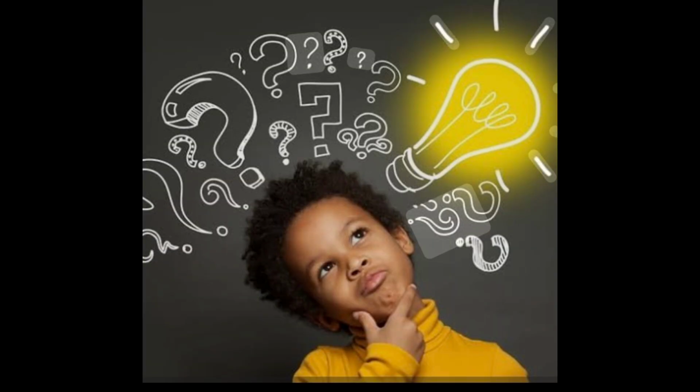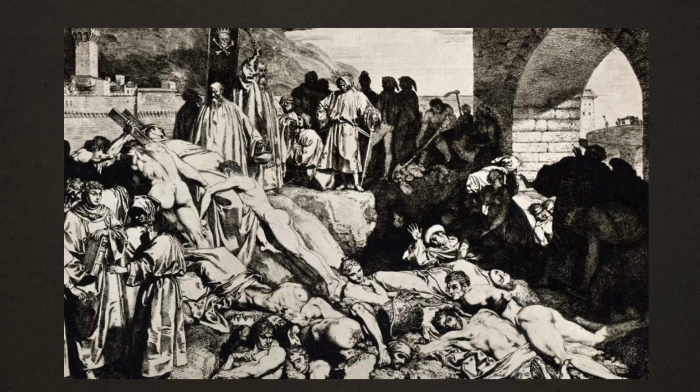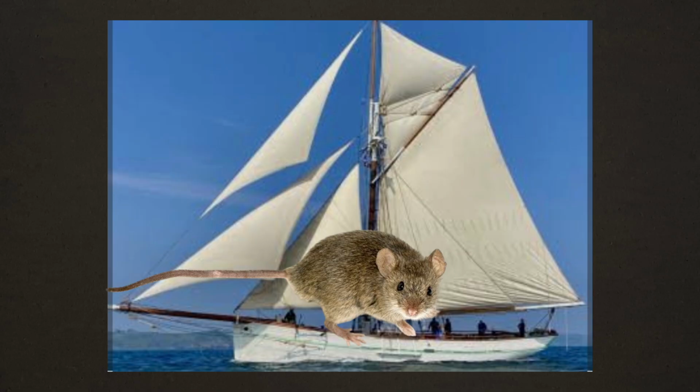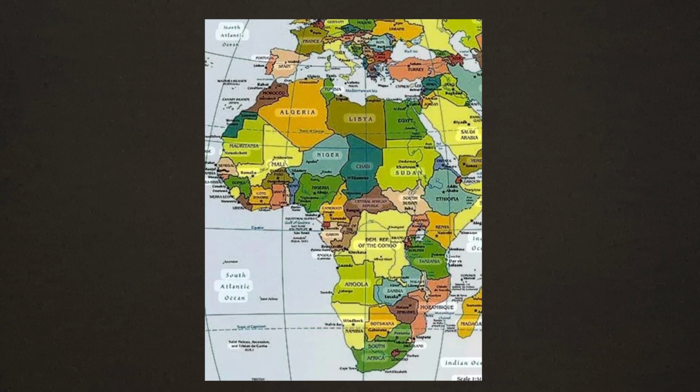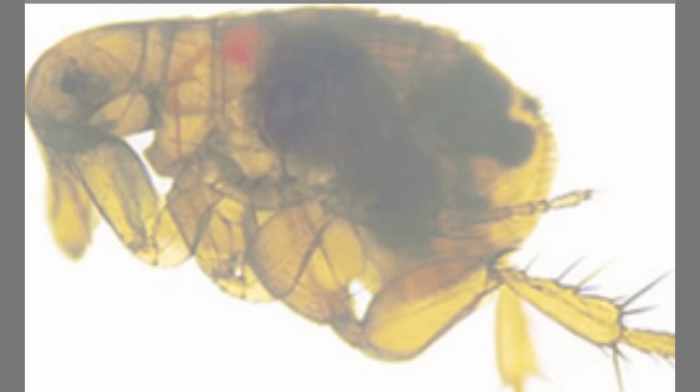So how does Yersinia pestis spread? Yersinia pestis first inhabits ticks, and then the ticks get on the rodents, which then contaminate humans. This is how it spread so fast during the 1300s when rats got on sailboats and contaminated members of the crew, causing the plague to spread to Europe and Africa from its point in Central Asia. Yersinia pestis is one of the strongest bacteria, being able to pass through macrophages. How it does this is rather than entering the cell, it...